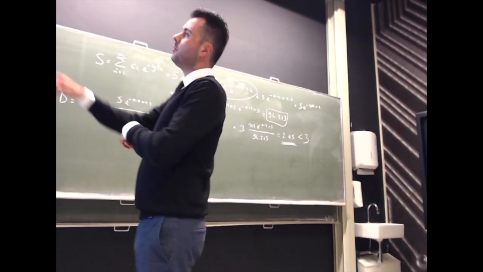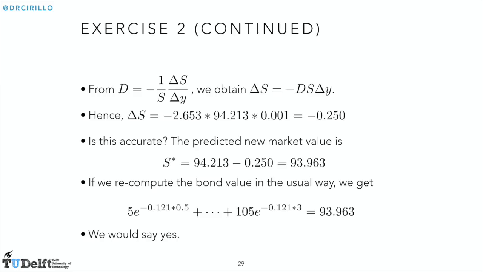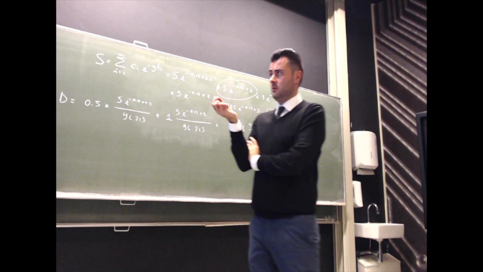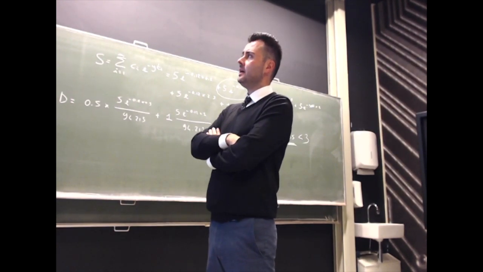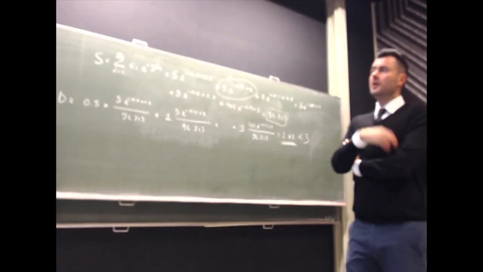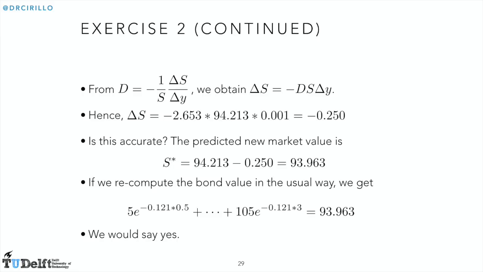Why? The formula of duration tells me that duration is equal to minus 1 over S, times dS/dY. So I can always rearrange the terms so that the variation in S, the variation in the price of the bond, or the variation in the portfolio, if this is a portfolio, and then we will say delta P instead of delta S, is equal to minus D, times the value of the asset S, times the variation in the yield, delta Y. I already have all these quantities, because I know that the duration is 2.653,